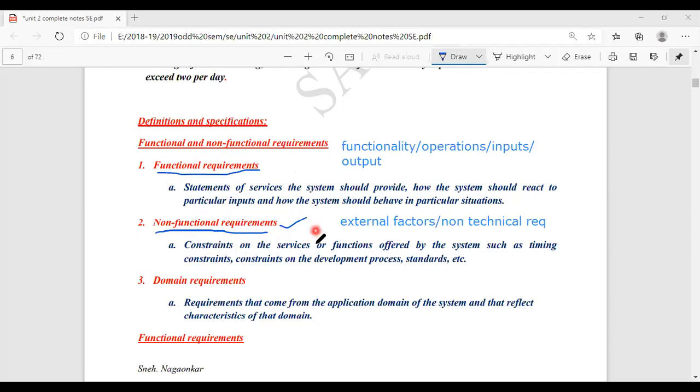There is another team, one who is taking care whether the software can be conducted in the given cost, whether the software can be carried out by these employees or not, whether we have sufficient employees or not, whether we can provide proper backup to run these programs or not. So all these factors come under non-functional, which are non-technical.